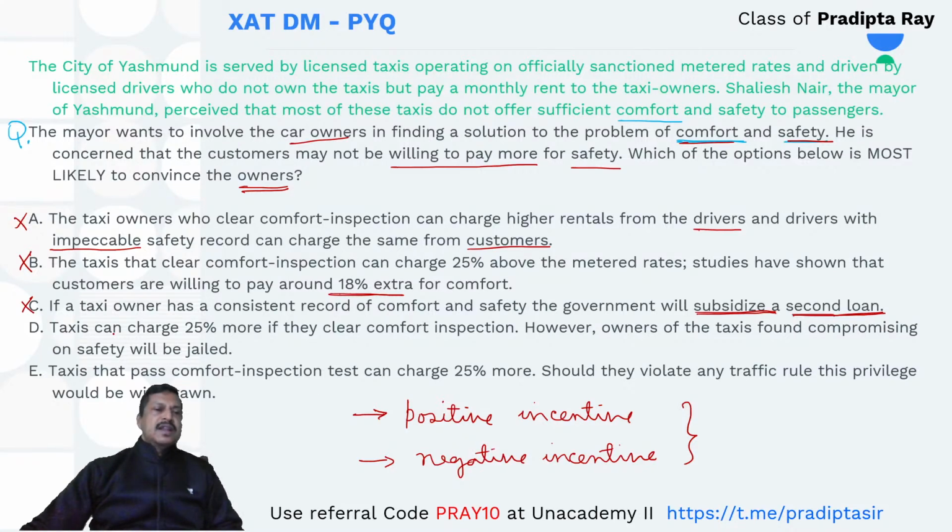No way. Now taxis can charge 25% more if they clear the comfort inspection. Okay, clearing the comfort inspection is okay, but anything else, however, owners of the taxis found compromising on safety will be jailed. Okay, that means there is a positive incentive given, 25% more, and then there will be a negative incentive given